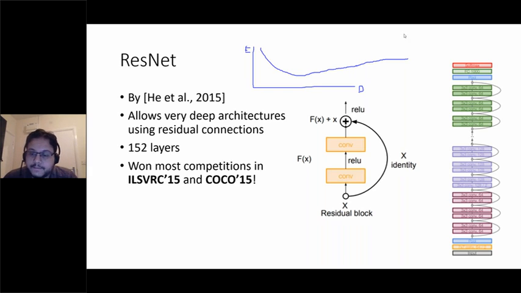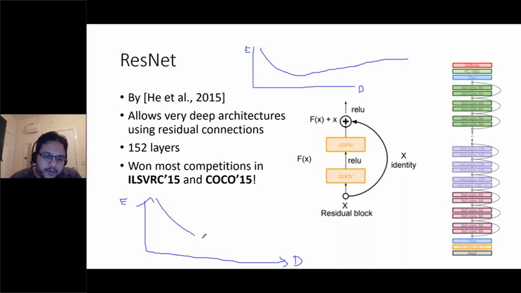What happened in practice? In theory, the more we go deeper and build a very deep neural network, the more the error will go down while training. So the more we add layers, layer after layer, the better the network becomes. But in practice, it doesn't work like that.